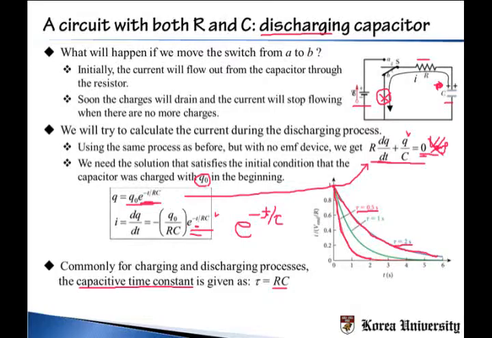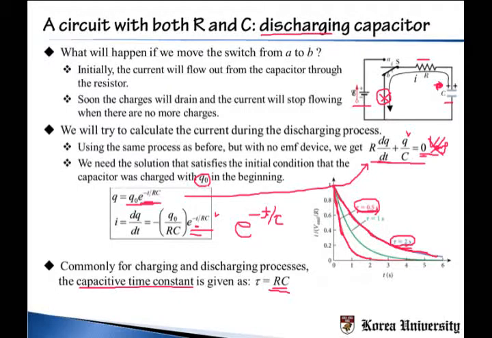So what it implies is that if tau is large, then it takes a long time for this function to decrease. That is why with tau large, it was going down very slowly. But if tau is small, then it goes down very quickly. So this value, which is RC, gives you an idea how quickly this current will change. Okay, so then